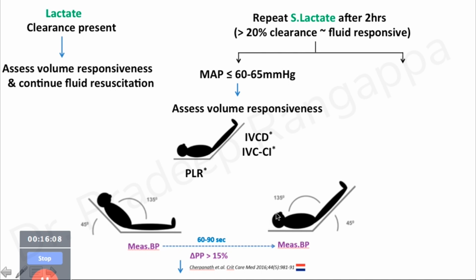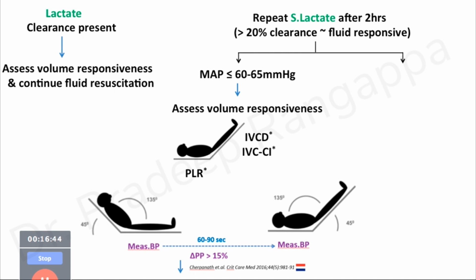It's very important that you don't put his head down, legs up, and immediately check the blood pressure. You need to put his head down, legs up, wait for 60 to 90 seconds, which is 1 minute to 1.5 minutes, and then again check his blood pressure. And then you look at the pulse pressure, which is systolic blood pressure minus diastolic. So here if you get, say, a pulse pressure of 50, and here you get a pulse pressure of 60, then you look at the percentage change, the 10 rise, is that equal to 15%? If the change is more than 15%, then you know he's still fluid responsive, and you can continue to give